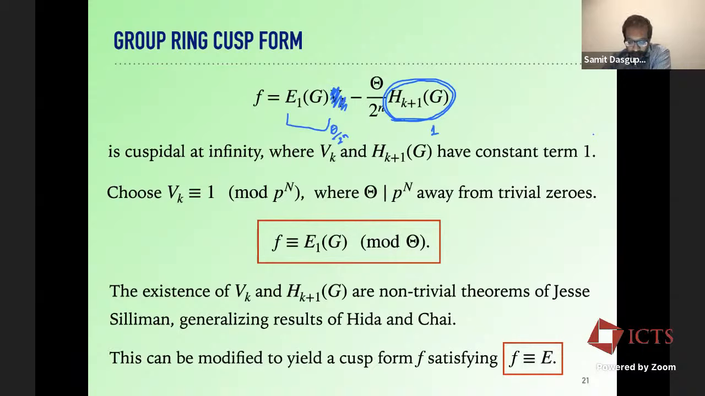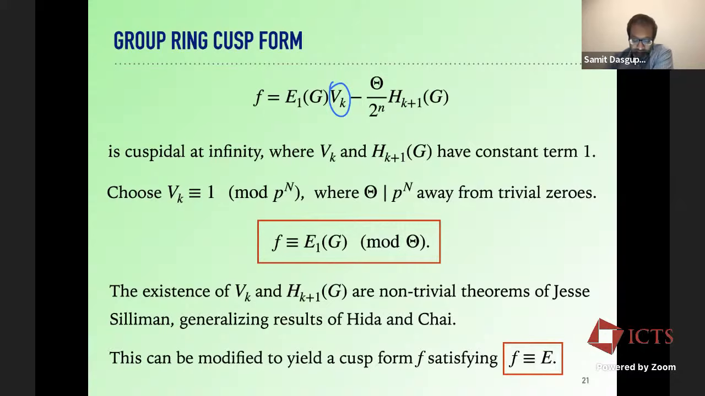Now there's an issue there, which is these are in different weight. It doesn't really make sense to talk about E1 minus HK plus 1 because they live in different weight. So that's where this VK comes in. So now you see where this comes in. You need some modular form of weight K, excuse me, such that it has weight K and its constant terms are also 1,